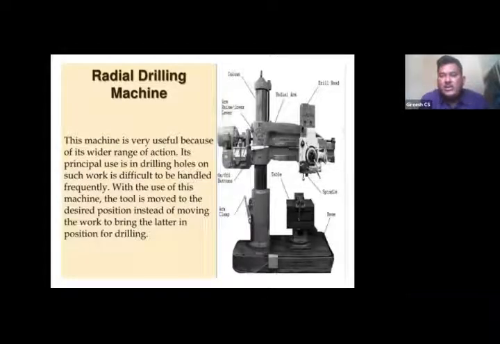So where you can keep the heavy workpiece on the table. So you are not going to move the table. Instead of moving the table, in order to position the drill bit for producing the hole, the spindle arm will be moved in the forward and backward direction. And also the radial arm will move; the entire radial arm assembly will be moved in the upward and downward direction.